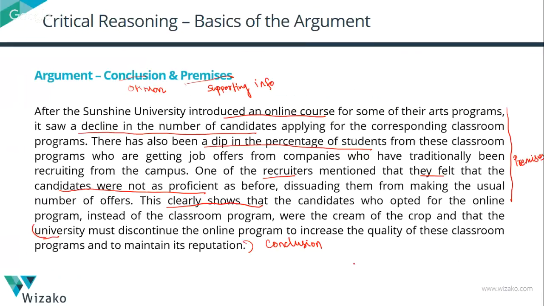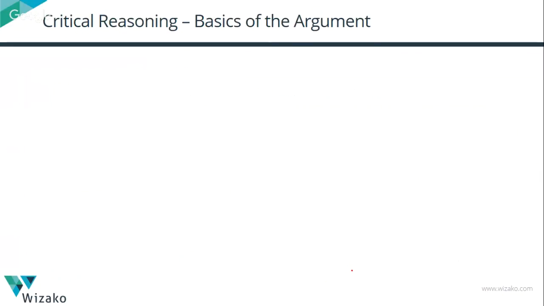Having identified the conclusion in the argument, the next thing that you have to think about is the author's reasoning. How has he reasoned and processed and arrived at this conclusion? Basically, the assumptions that the author has made in order to justify the conclusion. Now, if you had to ask yourself, what is the assumption made by the author? What else is he thinking in his head to arrive at this conclusion? If you try to do it in a very free-flowing fashion, you may be able to identify the assumptions in some of the arguments.